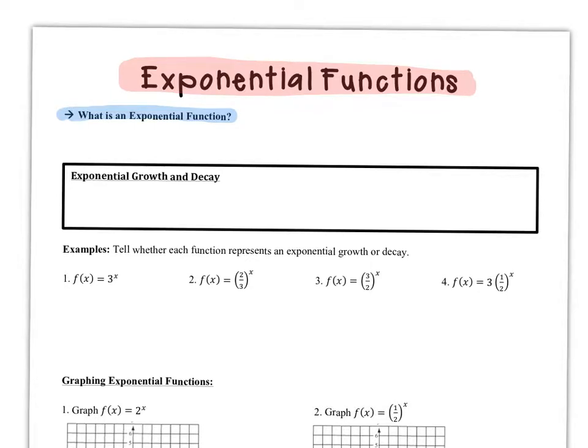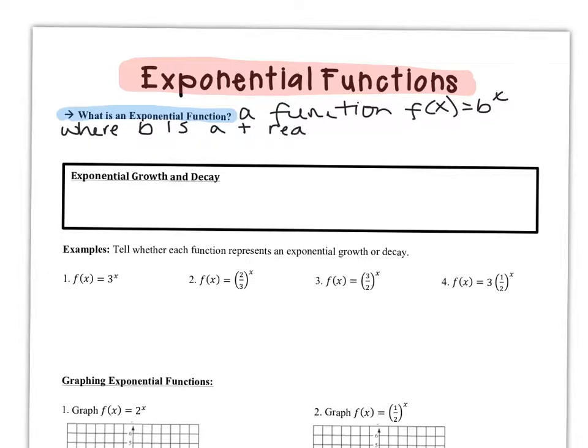So an exponential function is a function, obviously, in the form f of x equals b to the x power. An exponential function obviously has the word exponent in it, so x, my unknown, my variable, is the actual exponent. So it's a function where f of x equals b to the x power, where b is a positive real number